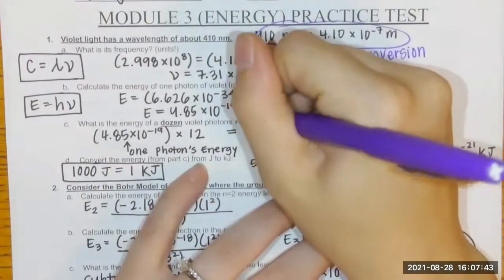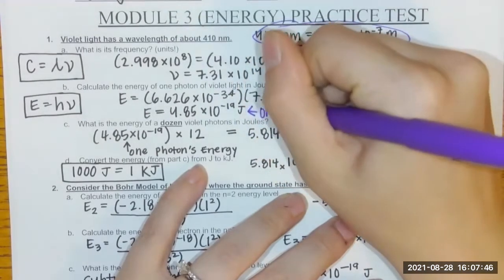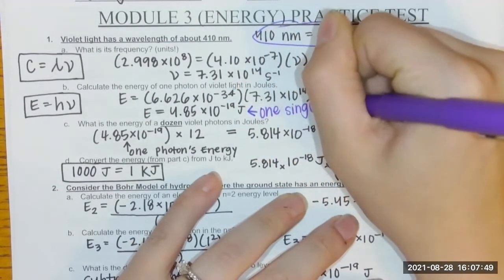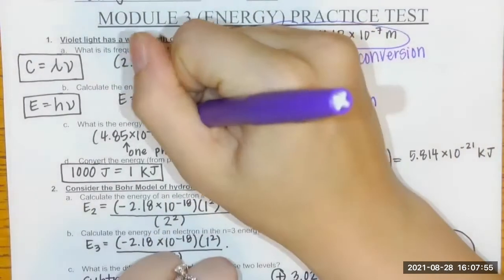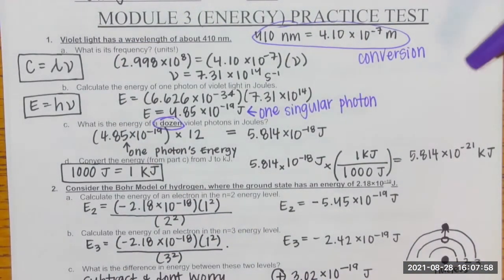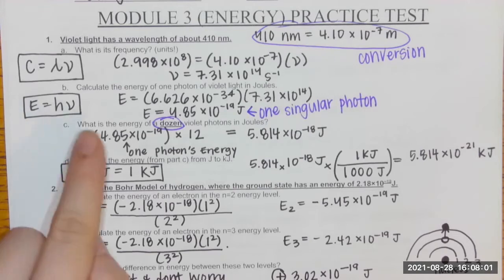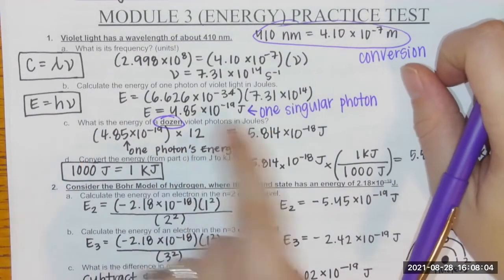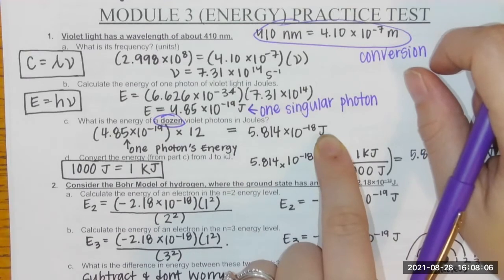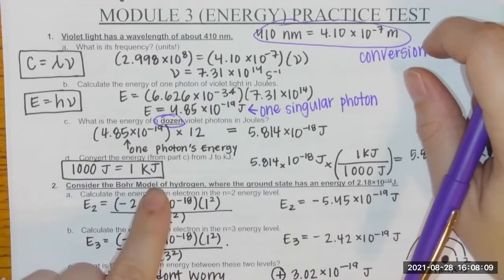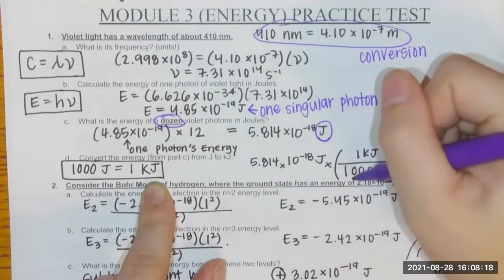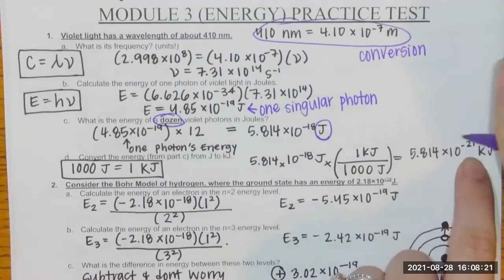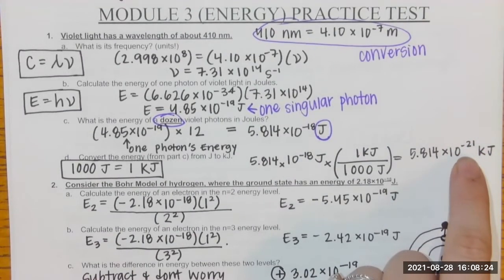If this is the energy of one singular tiny photon, just one little light speck, the question is, how much energy would a dozen of the light specks have? And all you have to do is take your answer, multiply it by 12 to get this. And part D is just a reminder that kilo means 1,000. So if we're converting our answer from joules into kilojoules, we're going to take it, divide it by 1,000. And the only thing that's really changing here is that exponent. So that's number